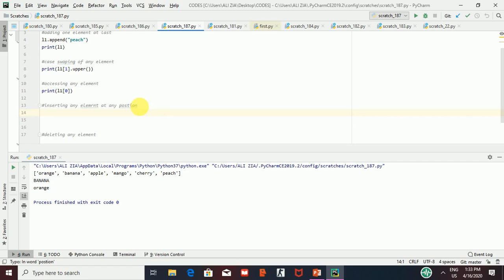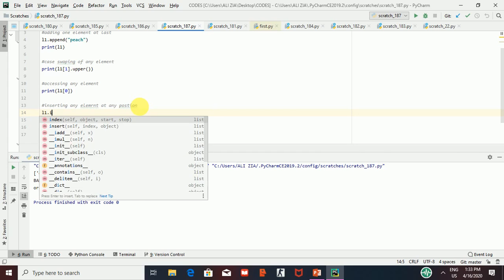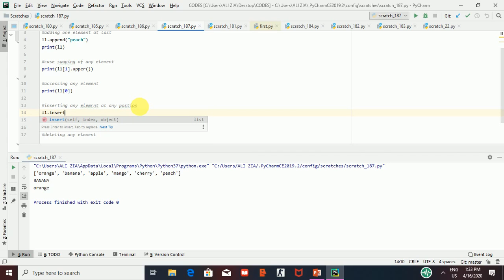Now if I want to add any element, which I can do with append, but I have to add it at a particular position in a list, then what I have to use is another attribute, that is insert. I would write L1 dot insert. Now first of all I have to give the position at which I want to add. For example, I want to add at the second position, so I will write 1, the index, and then the name I want to add. So I will write here falsa, and I have given the index 1. So you will see if any change occurs.